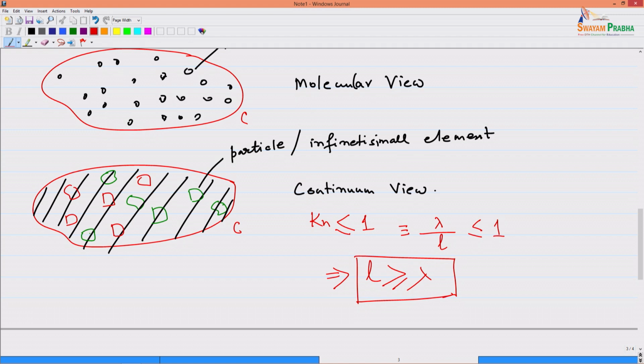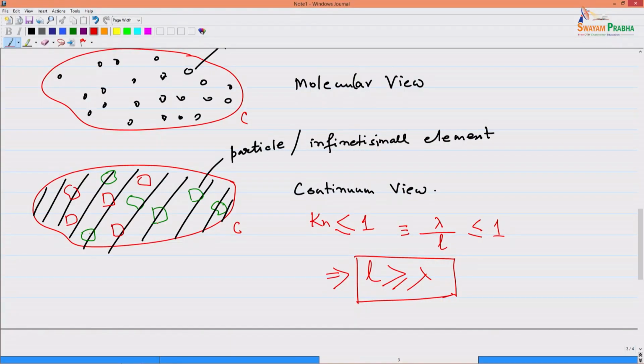When you ask the question, or when you should ask the question, you have this domain C, which I have defined in such a way that macro properties can be defined; it is a single value. So, this is the continuum. Now, that single value can be defined on smaller parts of this continuum, anywhere it will have the same value, and a green little box particle here, an infinitesimal element here, basically represents the entire domain C. It represents that domain, right.